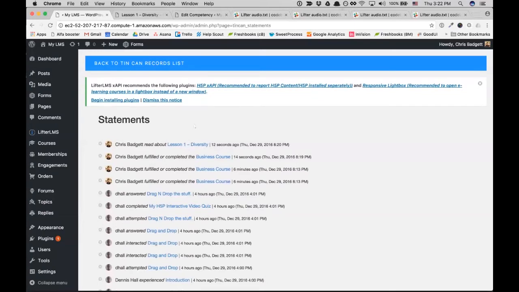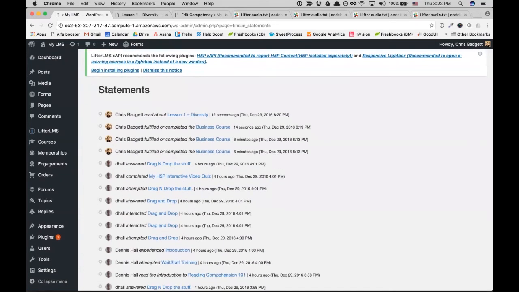Yeah, and because the front end of the course isn't modified in any way, there's absolutely no difference from a user using this course as an xAPI course or as a standard Lifter course. There's no difference to the user. So because of that, what's wonderful is if you need to, you can change, adjust, tweak things in the back end without any interruption to the user whatsoever. Fantastic. Okay, that's how to work with LifterLMS xAPI with